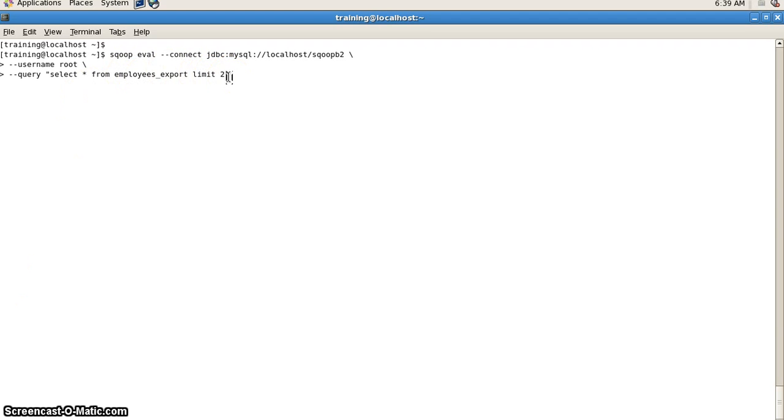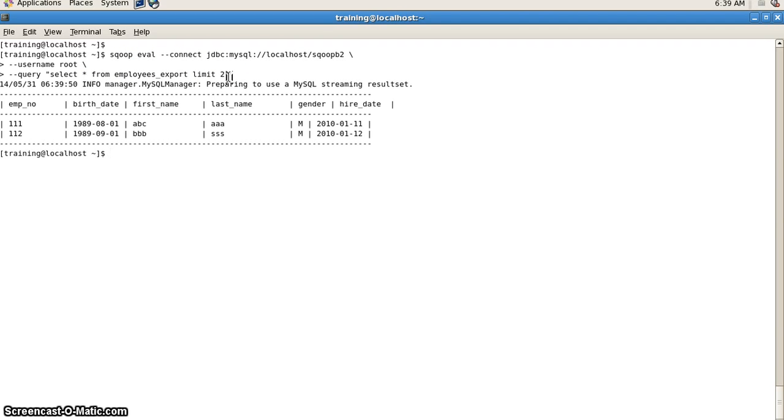Rather than connecting to MySQL, I'm just typing it from here. I got my output. So eval is an evaluation command available in Sqoop so that you can directly query an RDBMS database.